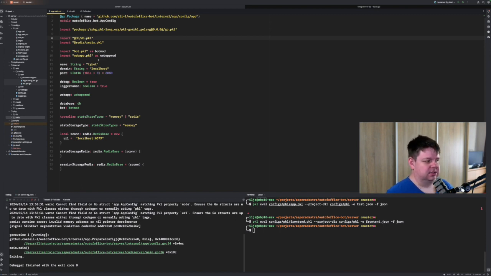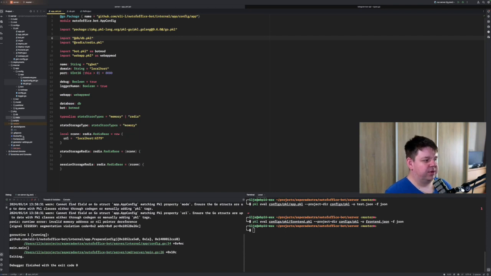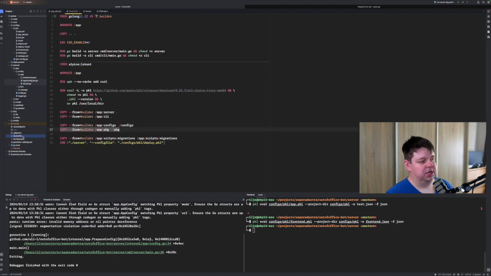That's a different story. But for now, for the default case, everything is there, and you just have a binary with the runtime, and a binary with the compiled code. So after working years with PHP, this feels really great. And with Pickle, when you're using Pickle, every time you have to use it, obviously you have